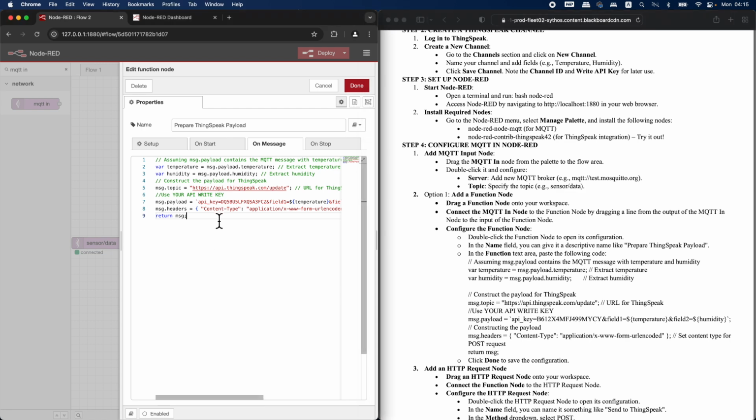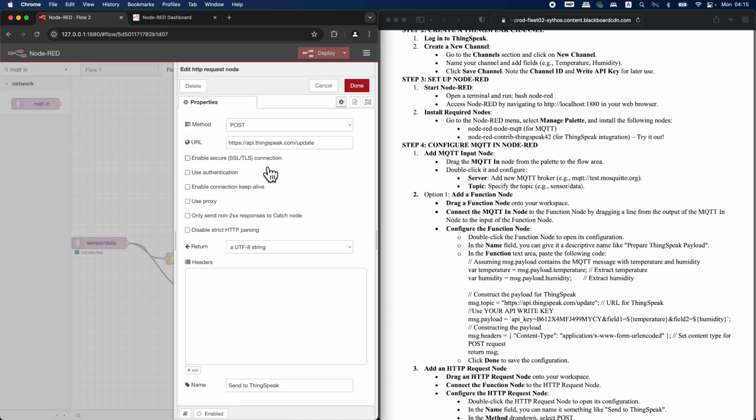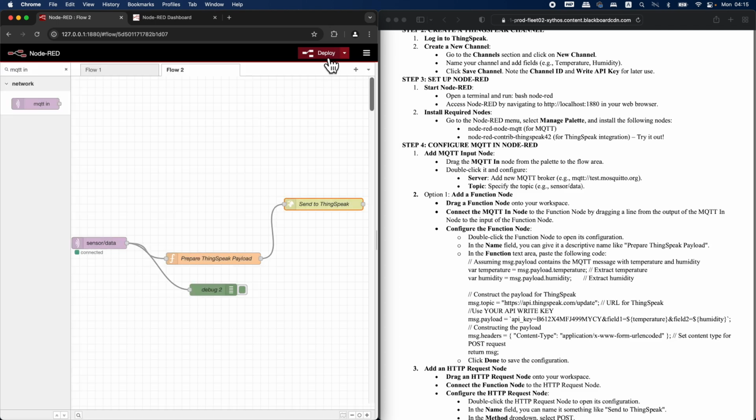In this code we construct a payload for ThingSpeak and return it. For the HTTP request node, we can leave the payload empty and only need to send a post request to this URL. Then we deploy this flow